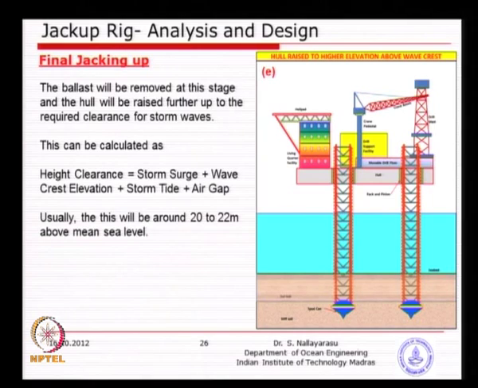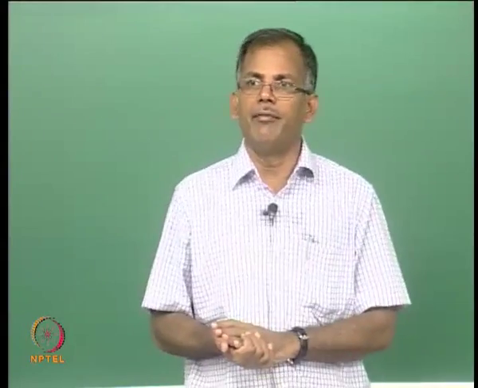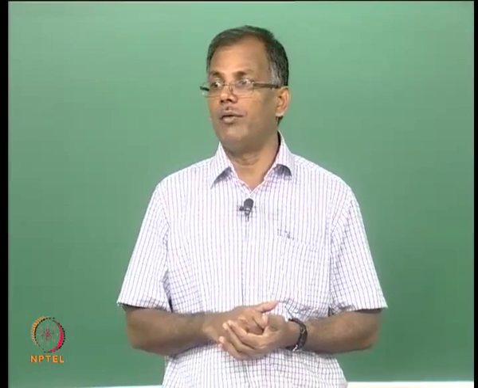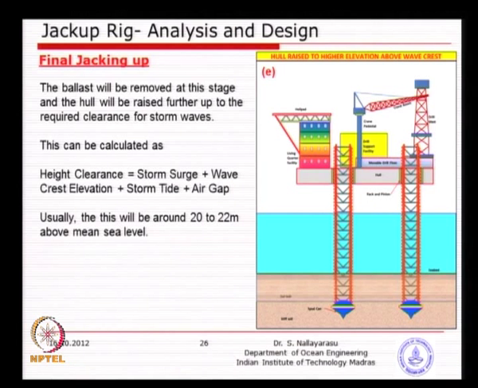I think you might be doing your hydrodynamics course. If it is a sinusoidal wave, 50%; if it is a nonlinear wave, slightly higher, 60-70%; if it is a shallow water wave, sometimes it goes to 80% of the total wave height as the crest height. So, you will add that, and then the tide, and then the air gap, normally an air gap of 1.5 meter, 5 feet as per API. So, you add all of them, move the bottom of the hull to that elevation, typically about 18 to 20 meters, that is the kind of number you will normally get for a sea condition of 20 meter wave height.